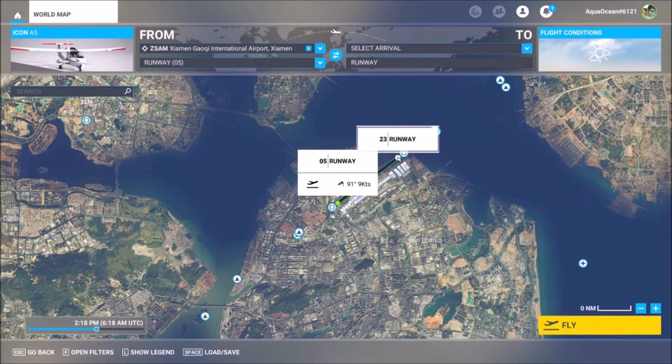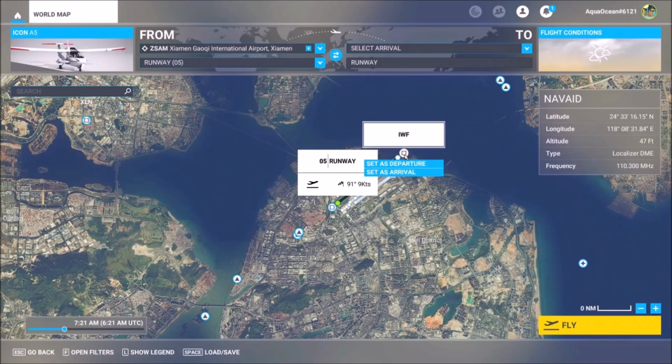Runway 05 and runway 23. Which is the ILS frequency of runway 5? This one here or this one here? 50%. The ILS frequency of runway 05, this one here, must be on the other side of the runway, this one here, because the transmitter transmits to the direction of runway 05. So which is the runway frequency of runway 05 from the other side of the runway? Localizer DME